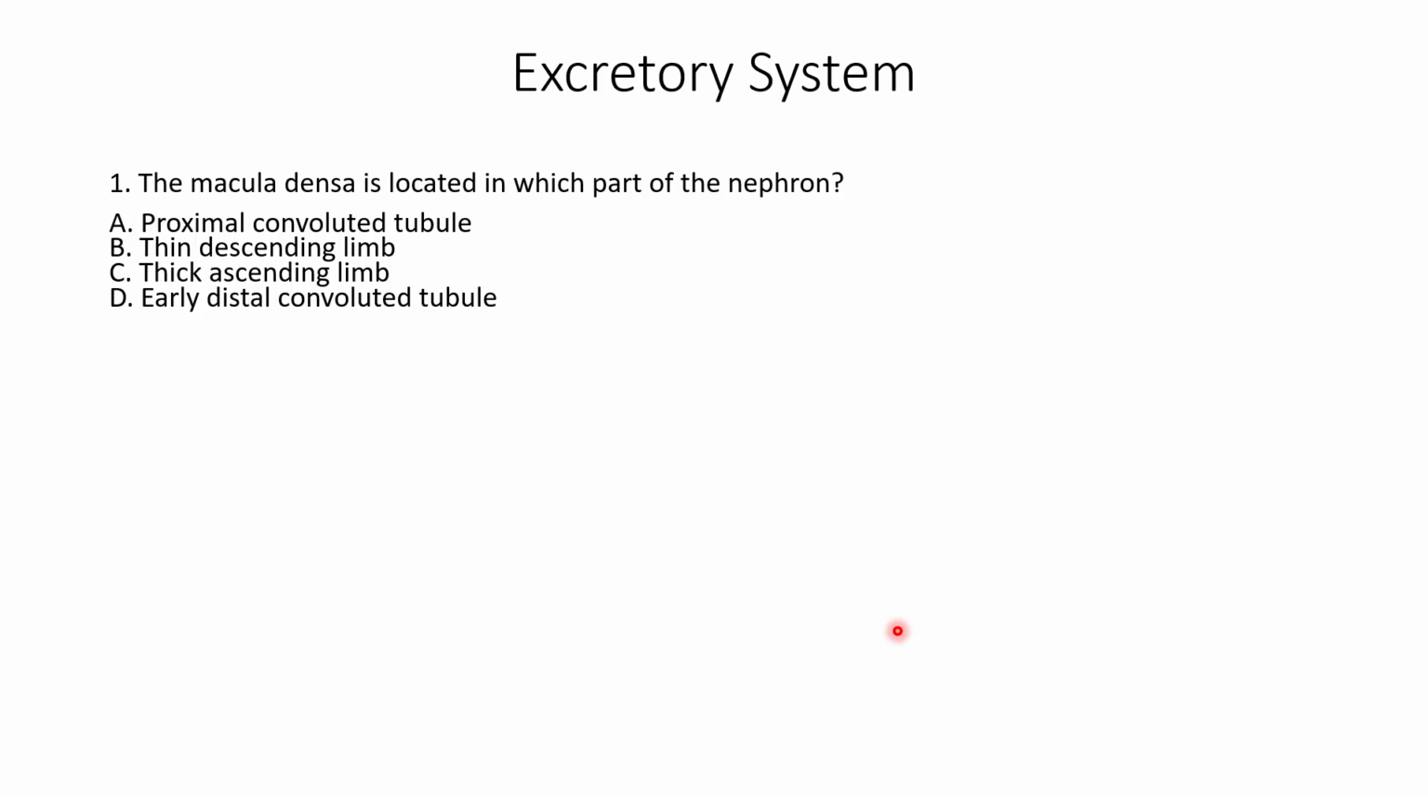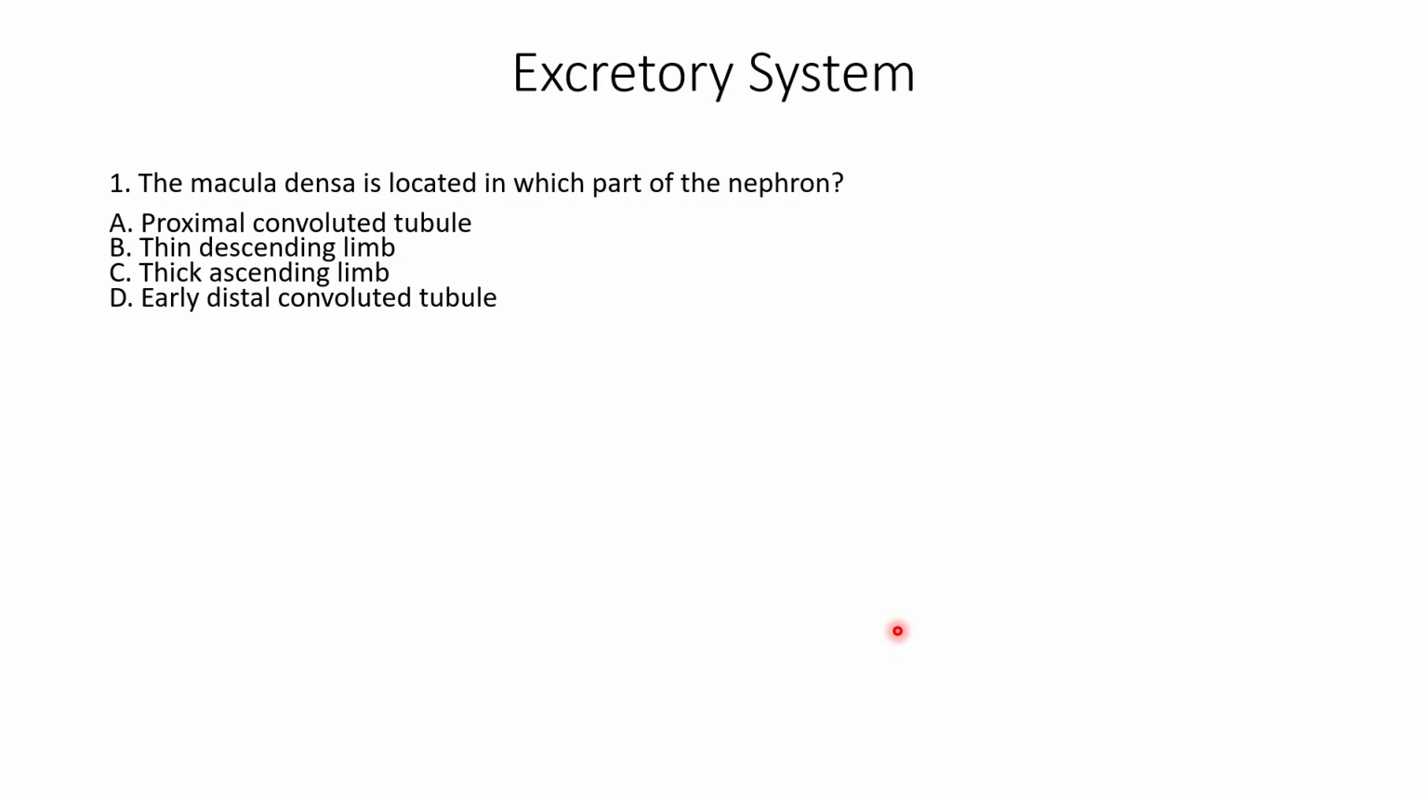Early distal convoluted tubule. Yeah, you are absolutely correct. That's the right answer. So I'm sure everyone heard her. It is the D option, which is early distal convoluted tubule. So just to explain to everyone,